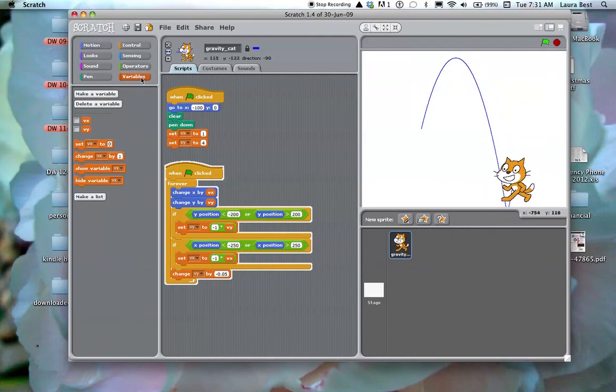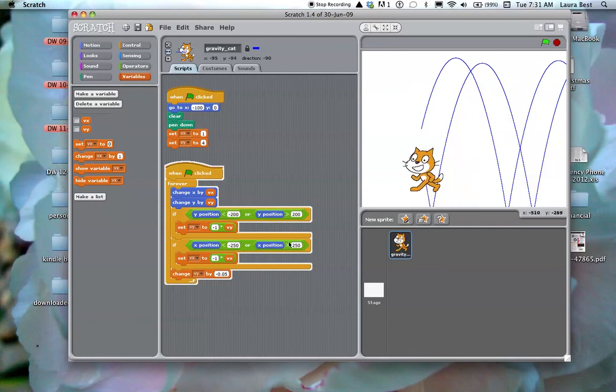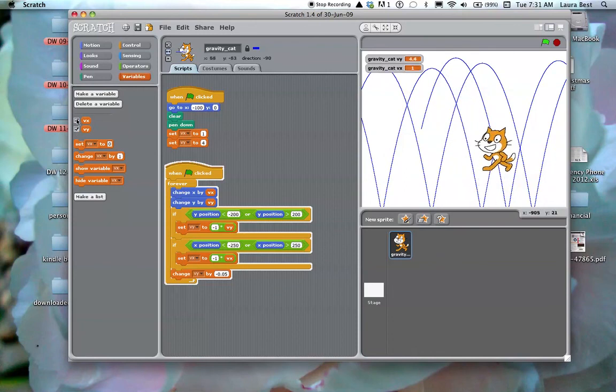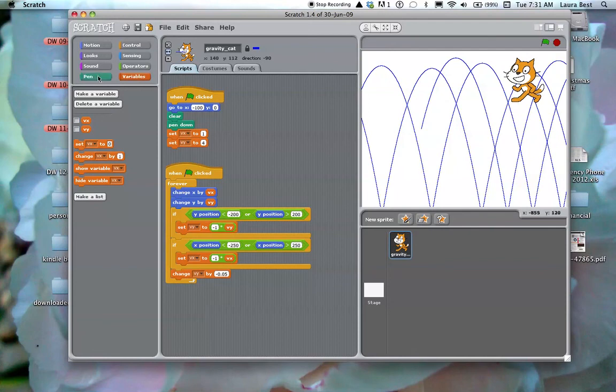And the variables they used here were just Vx and Vy. It just means velocity or speed in the x direction and the y direction. And when the cat gets too far in the y or x direction, it just tells it to go the opposite way by putting in a -1. You don't have to see those numbers in any particular time in the game, but they're there causing the movement of the cat. And by the way, if you decide to use Gravity Cat,